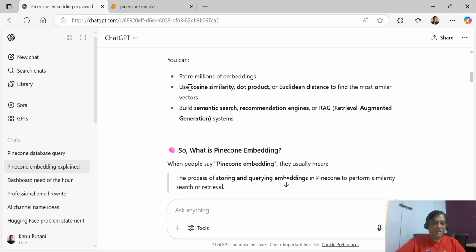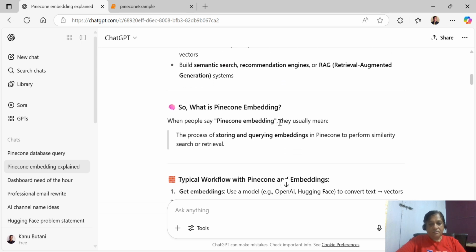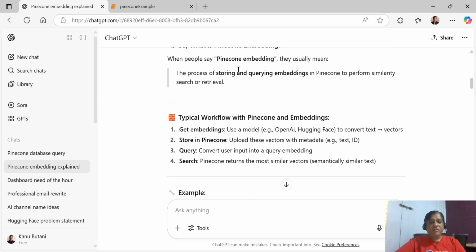But here we will see only cosine similarity, and then build semantic search and recommendation engines or RAG systems, whatever we want to do. So when we say Pinecone embedding, it is a process of storing and querying embeddings in Pinecone to perform